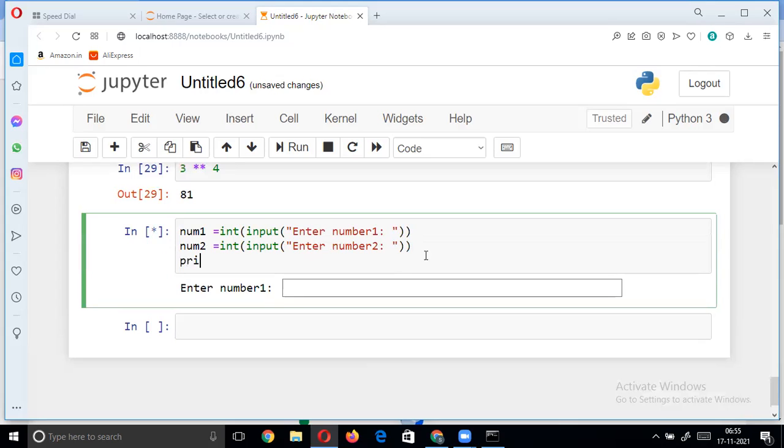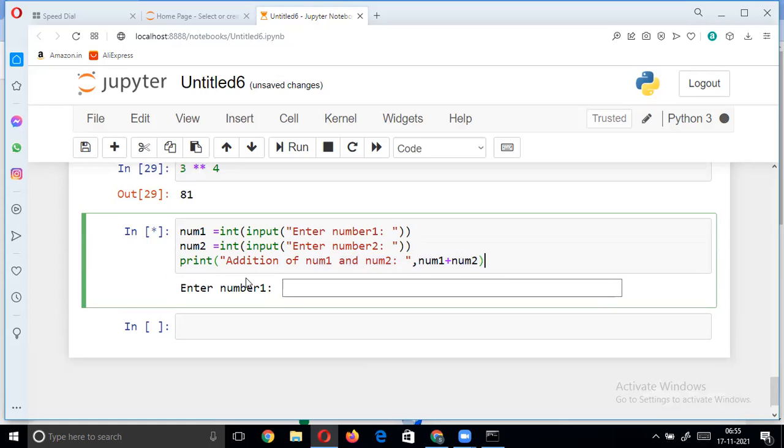Then afterwards, addition of num1 and num2, we will use the result as num1 plus num2.